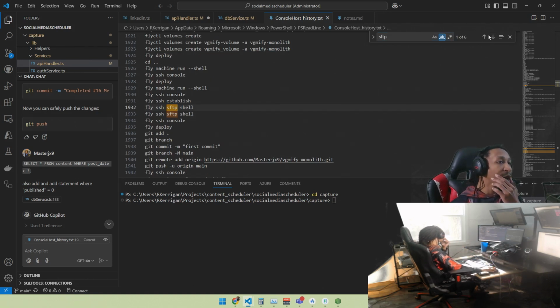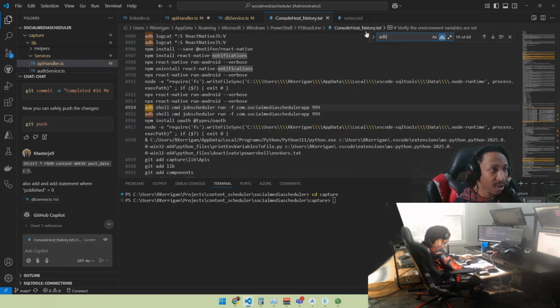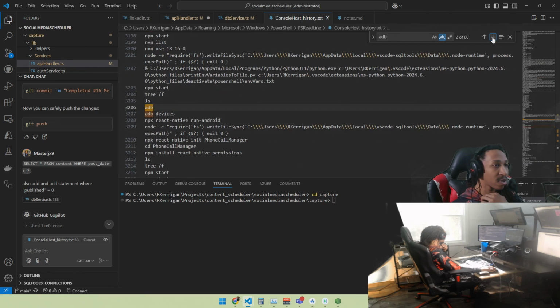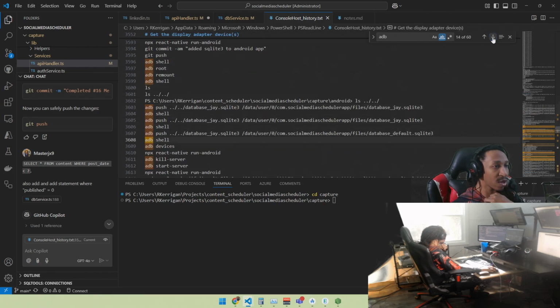Not the Fly.io stuff. Really? I don't have it. Okay, oh well. In that case, that's kind of weird. I thought for sure I had something like that, but I know I have ADB, something here. It can't just be that, devices, React shell, remount shell,